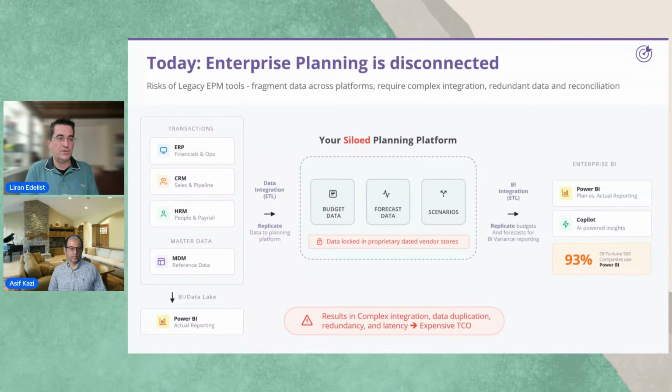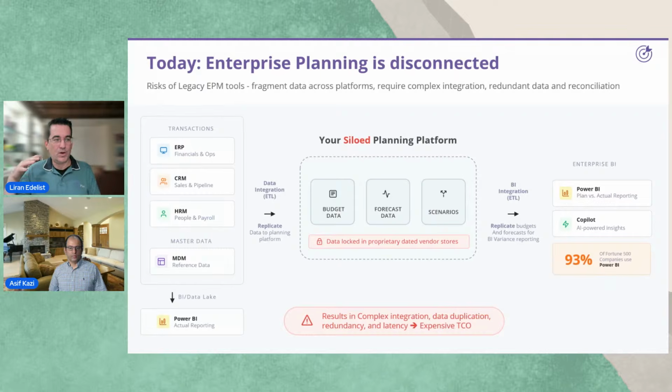Now, of course, if we're speaking about AI readiness, if we speak about one source of truth, if we think about, okay, you spent already so much energy building Power BI and those types of tools, now why would you go into a siloed approach with planning with the most strategic data of the organization? So Fabric Plan is literally coming to say, okay, all the data is under that one umbrella.